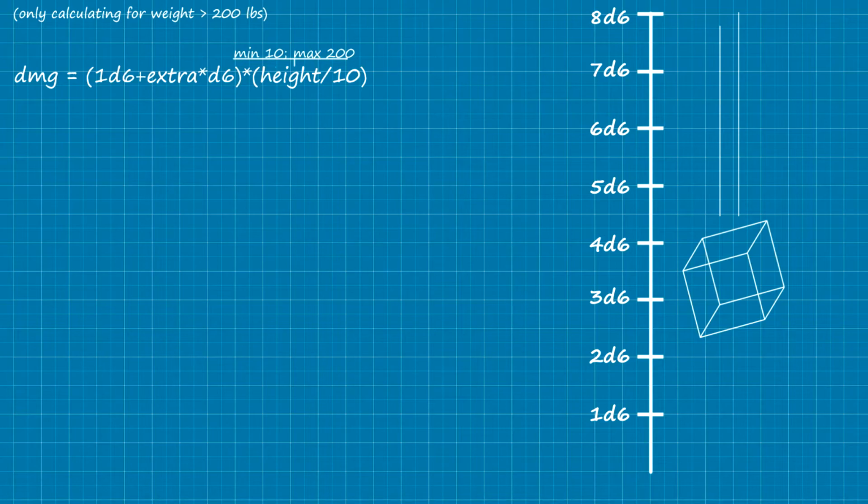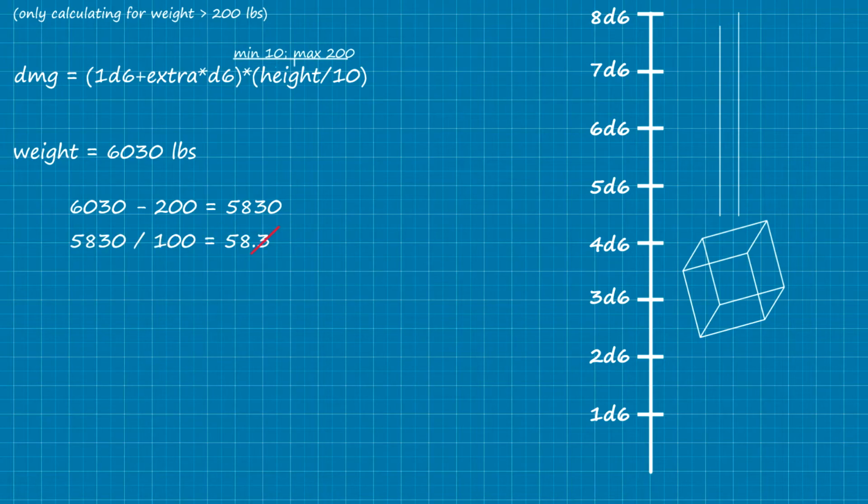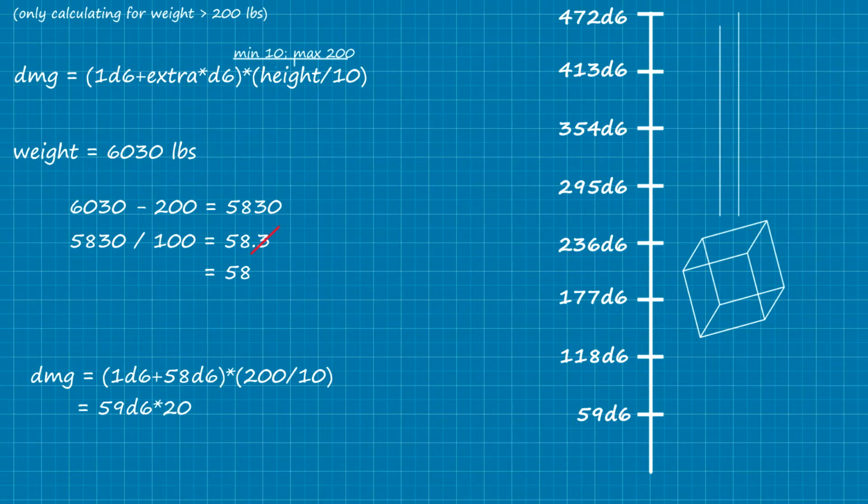So using this, let's see how much damage our gold block is gonna do. Well, it weighs around 2,735 kilos, which we round up to 6,030 pounds. Here's how to calculate how many additional d6s that is. First, subtract the previous limit of 200 from your object weight. Now divide that by 100 and discard any decimal points. So in our example, this calculation is gonna give us 58. So after we plug in this number, the formula from above is gonna become this. So that's 59d6 for each 10 feet of falling, up to a maximum of...